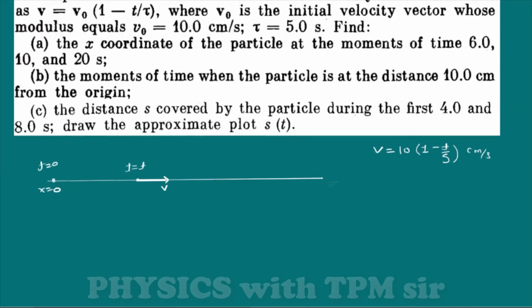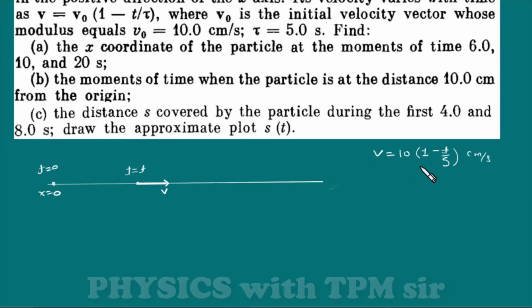So in the first part, as we have been given the velocity, we can write v is equal to dx by dt, the rate of change of position. This is equal to 10 minus, multiplying this inside, 10 minus 2t, in centimeter per second. So obviously if I integrate this, I will get the position also in centimeter. Let's integrate. So I will write dx is equal to (10 minus 2t) dt,